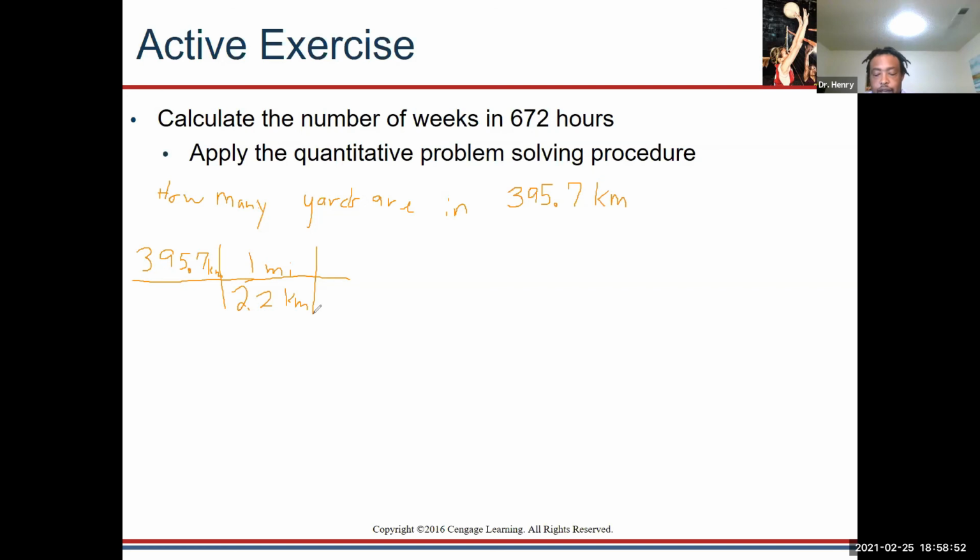I have to Google that one. Miles to yards. And miles to feet would be, oh, we could do yards, yeah. So 1 mile equals